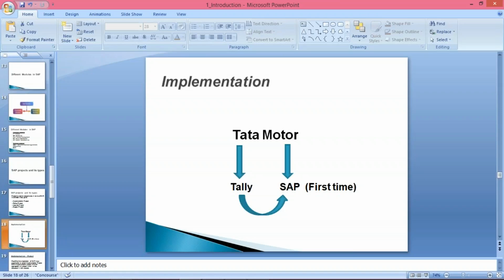It's difficult to get such exclusive reports from Tally, so these people will plan to move or switch to a different ERP.